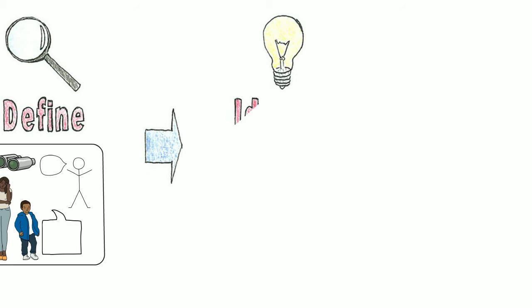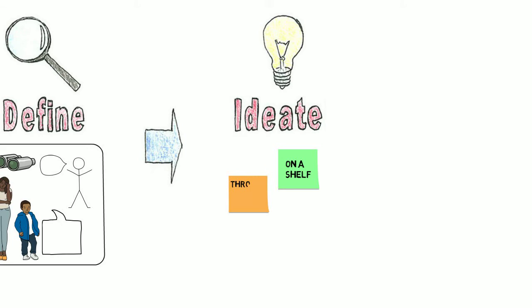The third step is the ideate stage. This is where you brainstorm tons of solutions. You can come up with ideas you know will work, or really crazy ideas that may seem impossible. We will come up with realistic ideas like storing things on a shelf, or crazy ideas like having a conveyor